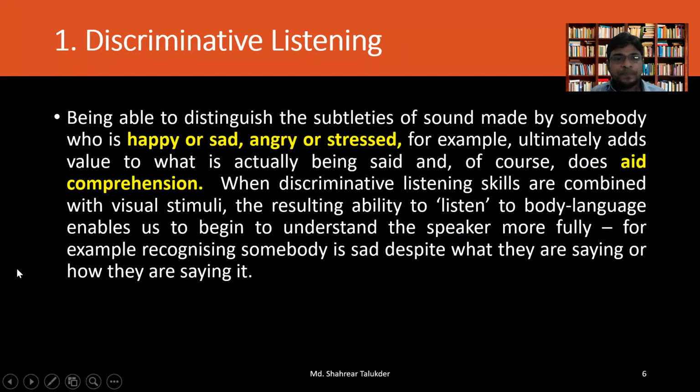Okay, now it's more about discriminative listening. So you see, being able to distinguish the subtleties, the very subtle differences, the subtleties of sound made by somebody who is happy or sad, angry or distressed, for example, ultimately adds value to what is being said, and of course, does aid comprehension. So it helps us to understand whether a person is happy or sad, angry or stressed. For example,